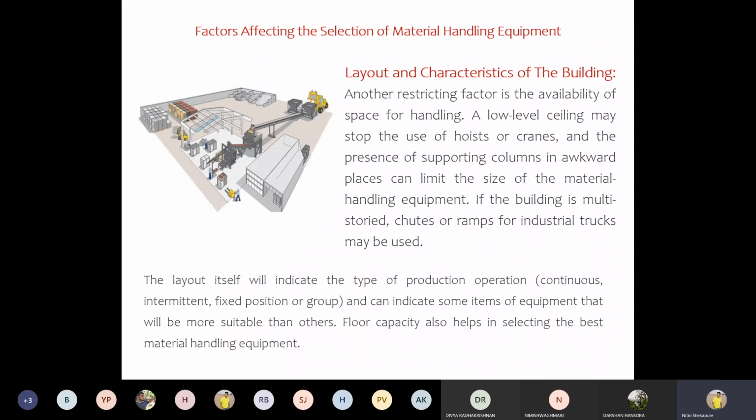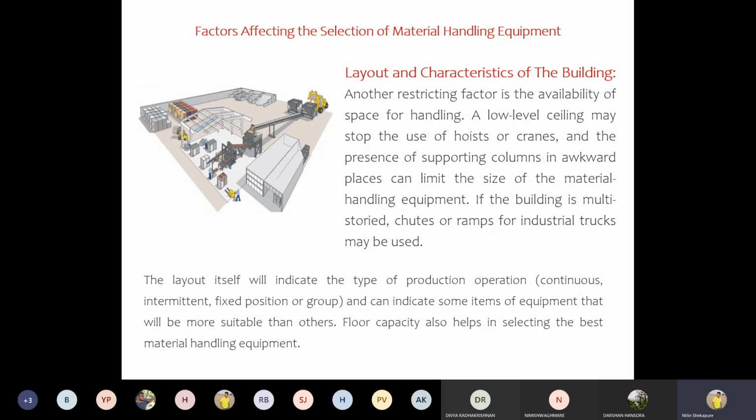So, building structure may restrict you from getting a material handling equipment which you may require to handle the material. That's why while designing the building also, we need to take consideration of material handling equipment. Now you just observe what type of equipment we can use inside. There are two types, fixed and moving. If they are fixed and they are big, still we can manage.